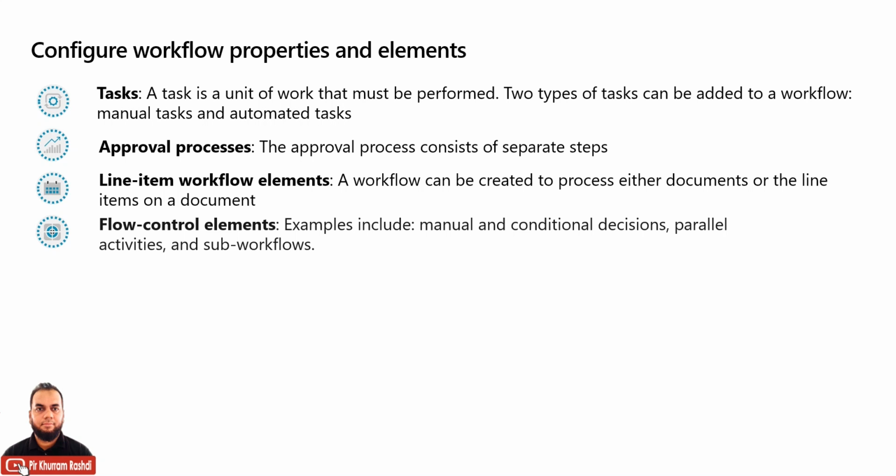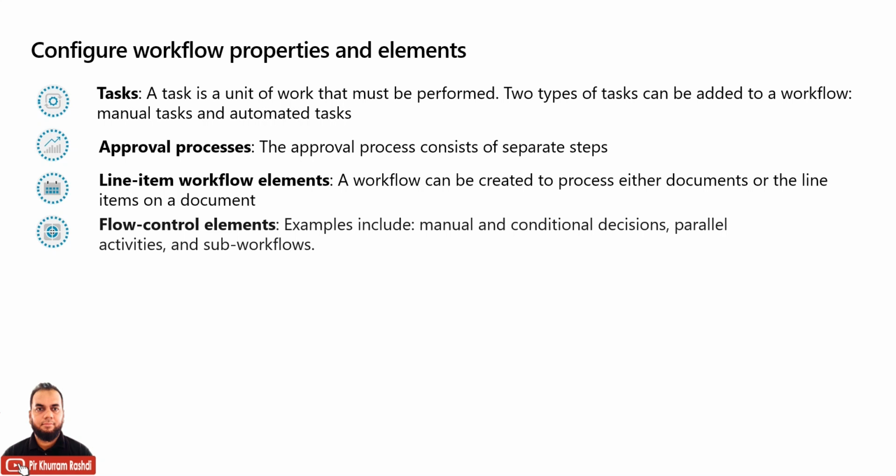If it exceeds 10,000 USD, then it will go to another hierarchy level, or higher management will also be involved. And if it goes to 50,000 USD, then the CEO might be involved. So those are conditional decisions taken by the system itself, based upon certain criteria